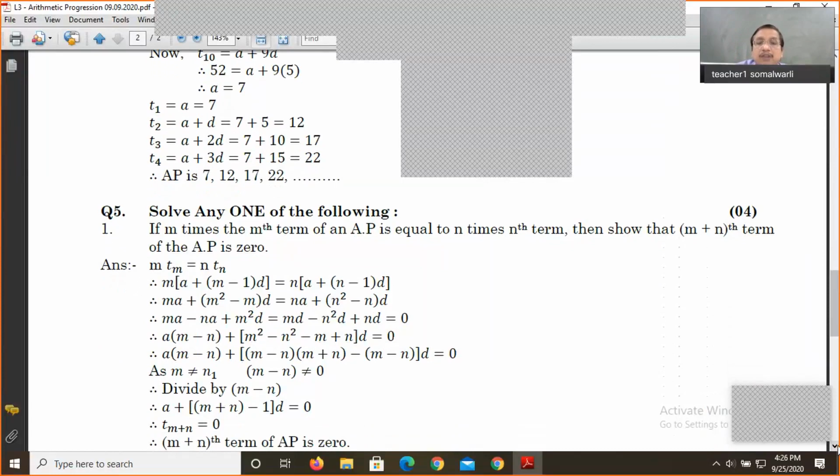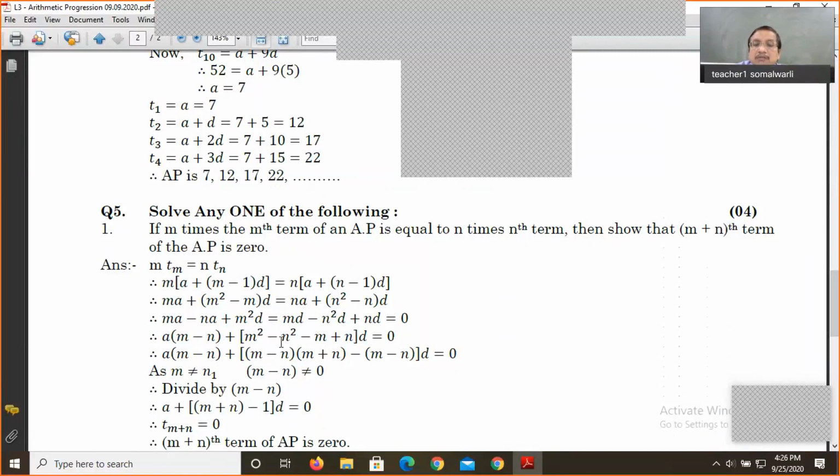So just putting the values, then simplifying the bracketed term, multiplying with m, then ma plus a multiplied by m gives m square minus mn. Then separating the terms and taking all the right side terms to the left side, that becomes equal to 0. Here it should be minus. So just simplification, it should be minus md. So now taking m minus n common.